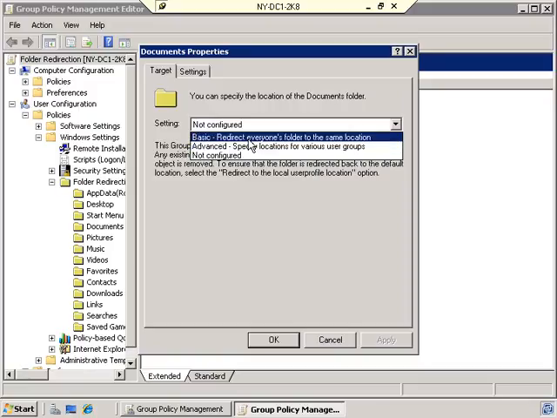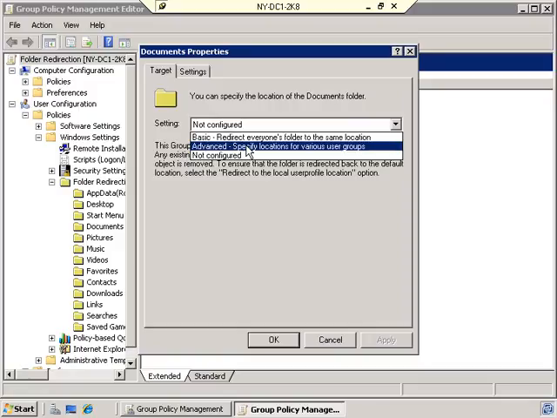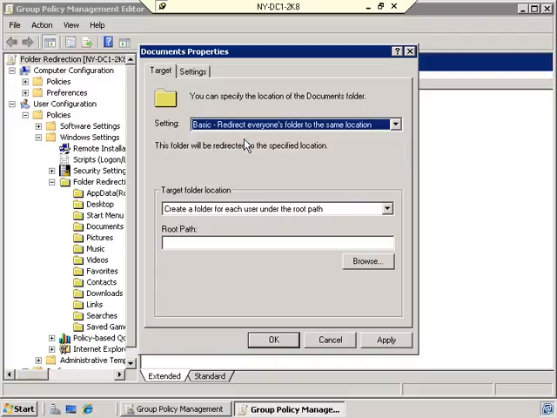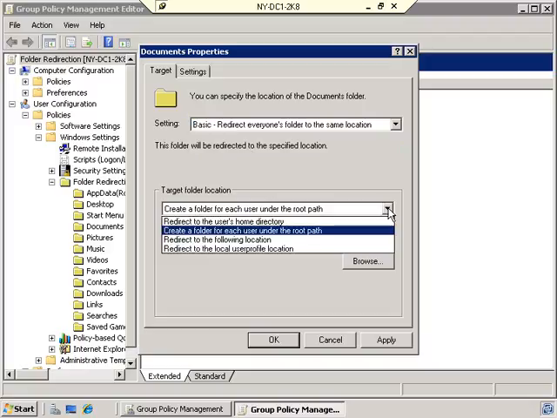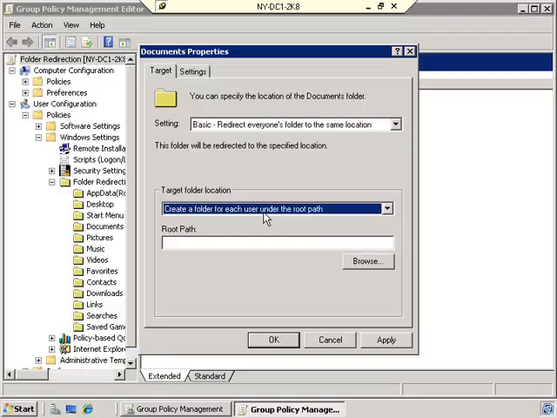Basic means that we're going to redirect everybody to the same location. Advanced means that some groups will go to one location and other groups will go to another. We're going to keep it simple and use basic redirection. Now, after we do basic redirection, you'll see here that there is a selection on what do we want to do in that location. And the default setting is usually a good one, which is create a folder for each user under that path. So in other words, once I put in